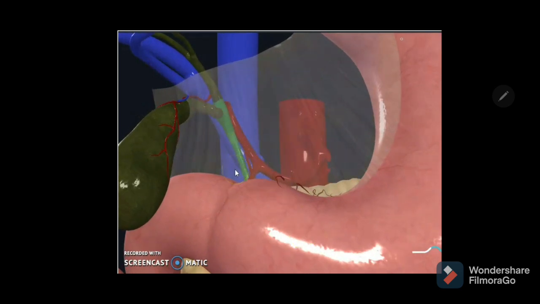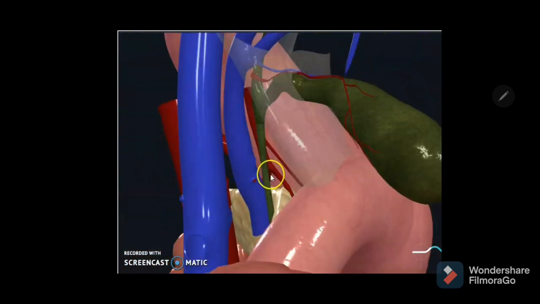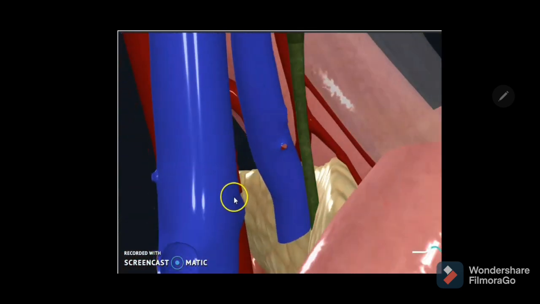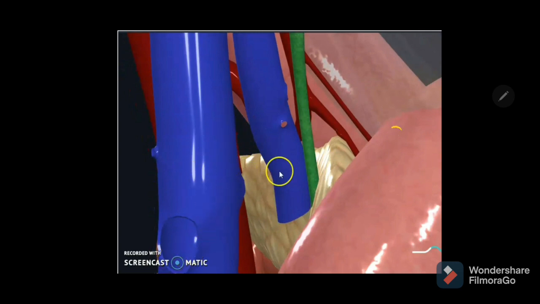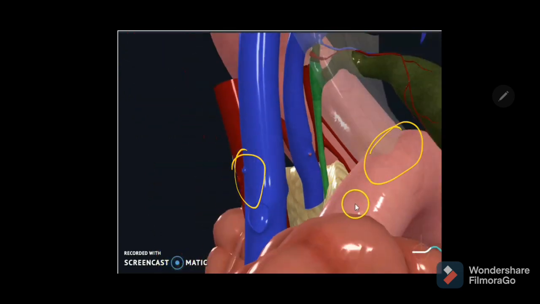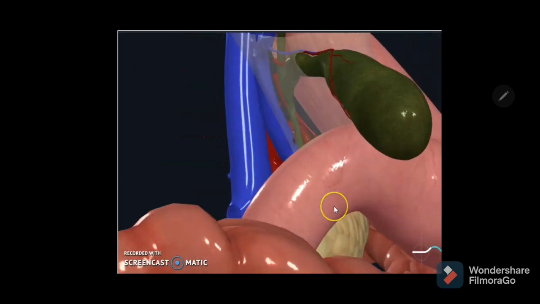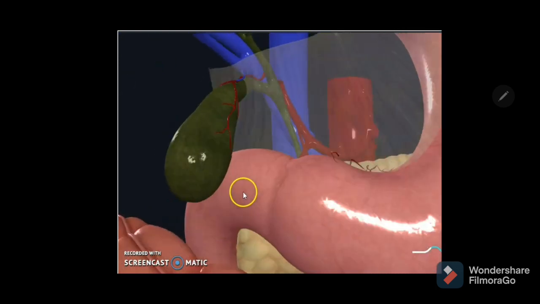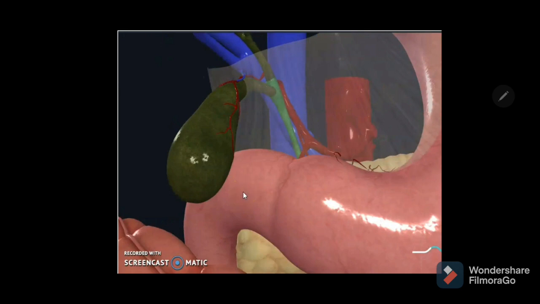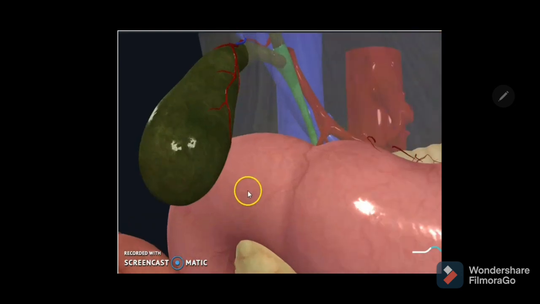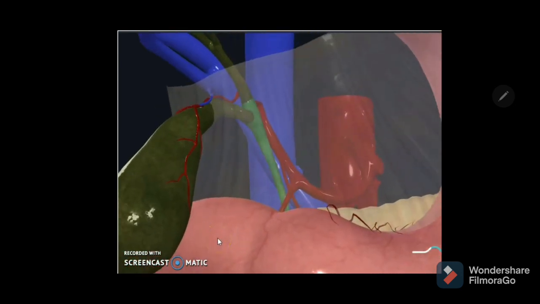That is the supraduodenal part. You can notice posteriorly the portal vein, and to the right you have the hepatic artery. And retroduodenal: you can notice anteriorly the first part of the duodenum, posteriorly the epiploic foramen, and to the right the gastroduodenal artery. So the portal vein and epiploic foramen are lying posterior to the common bile duct. You can notice there, posteriorly the portal vein, anteriorly the first part of the duodenum, and to the left you have the gastroduodenal artery.